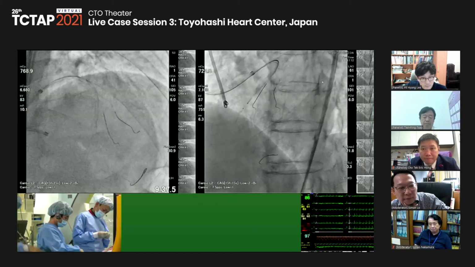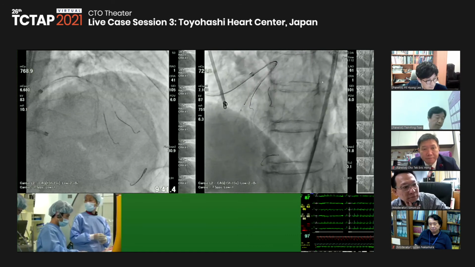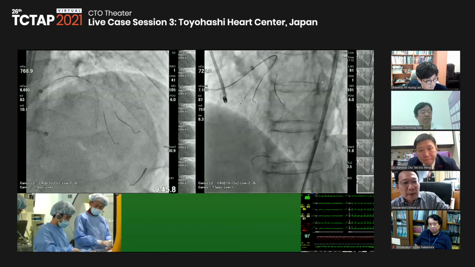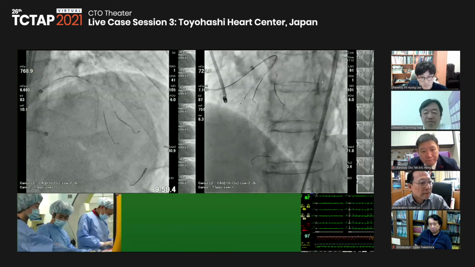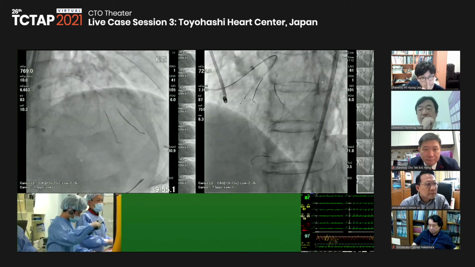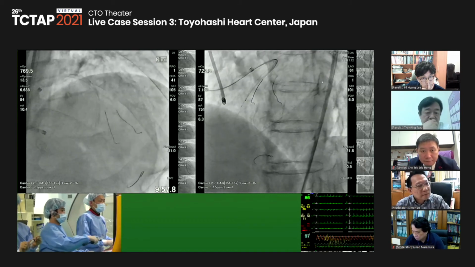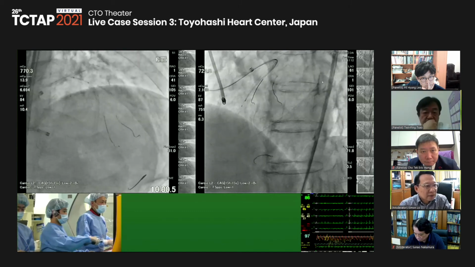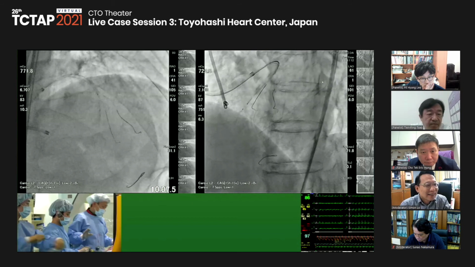So what's the next plan now, Dr. Nasu? This is a 3.0 NC balloon.